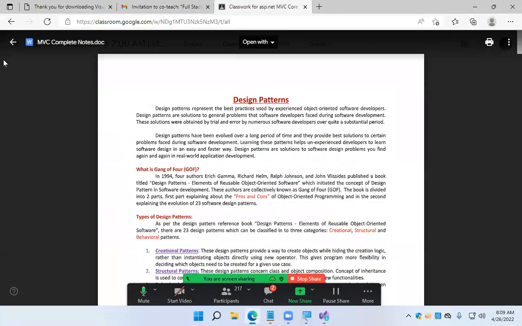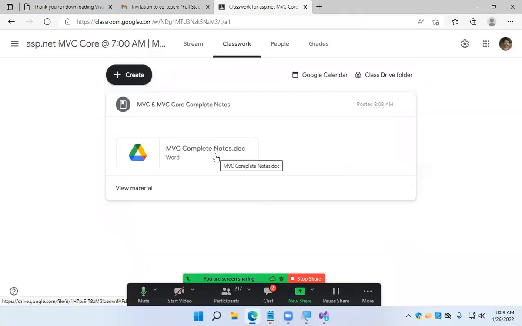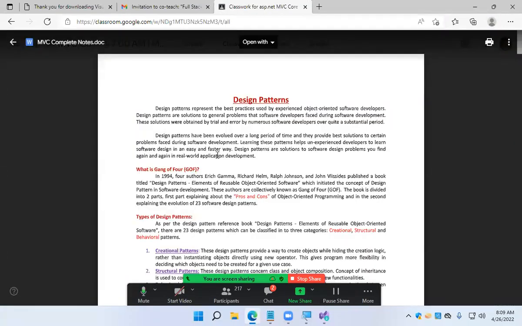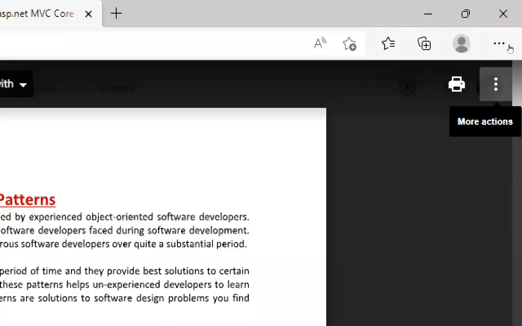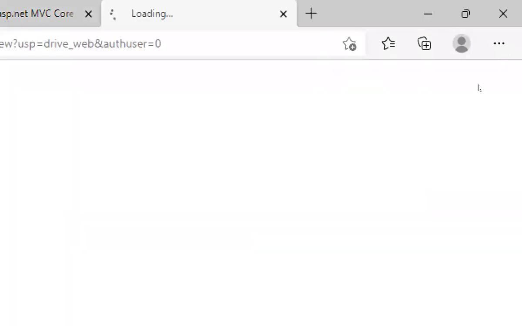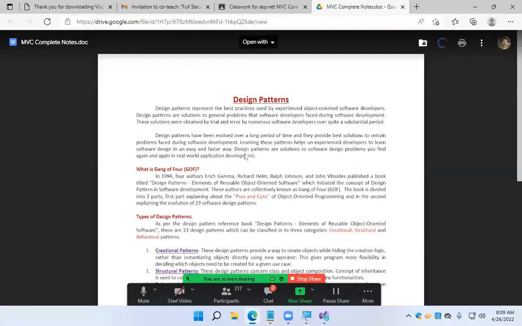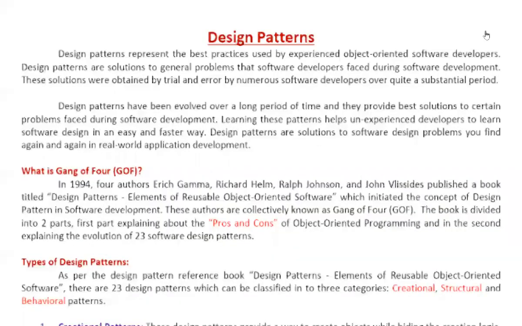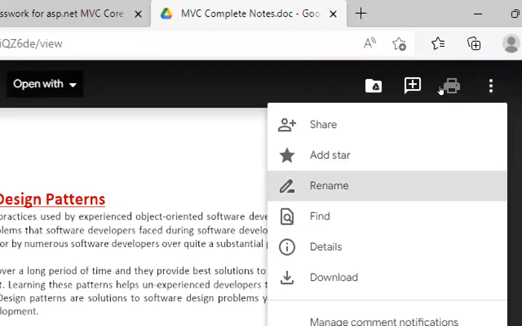So what you do is, just one more time, watch. Open this. After opening this, if you see the dots here, if you go there, it will show you an open in new window option. Click on that. After that, again under the three dots, you'll find an option for download.